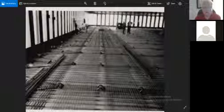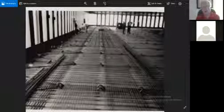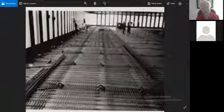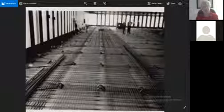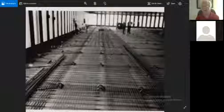Just for the general information of the audience, within that rectangle were 47 massive core columns that were 6 inches thick in the sub-basement, working up to about a 1/4 inch thick at the top, which provided the primary form of support for the buildings, but surrounded by 240 external steel support columns, which were formidable in and of themselves,